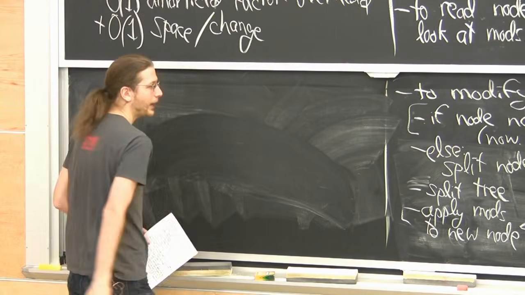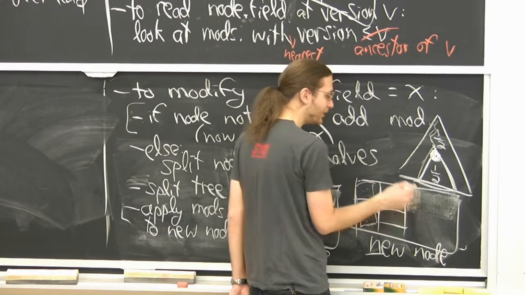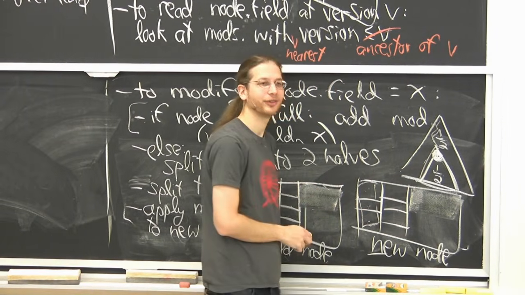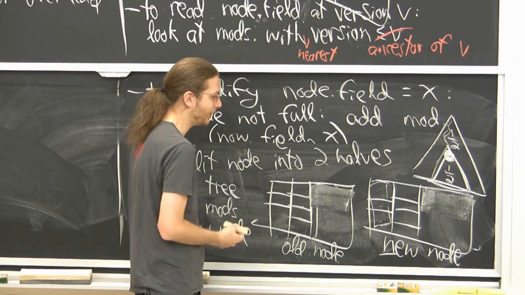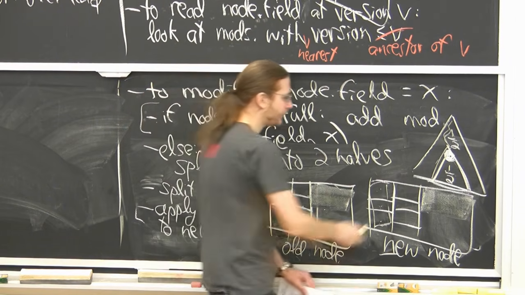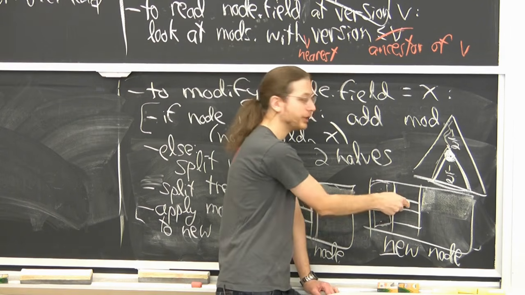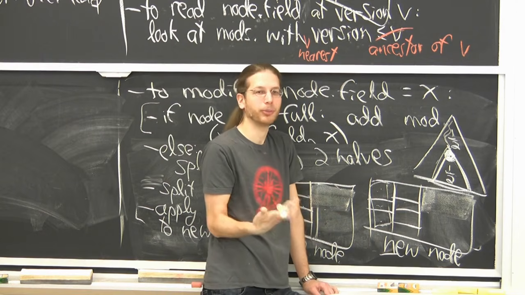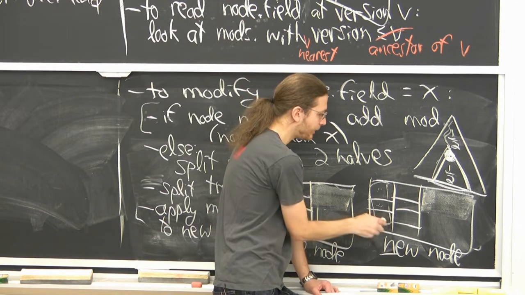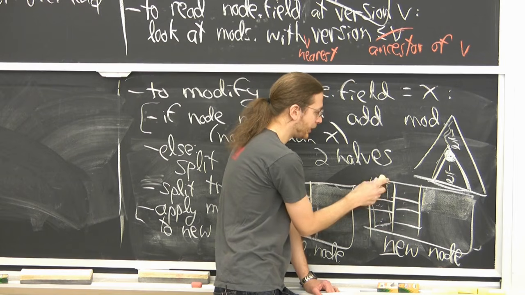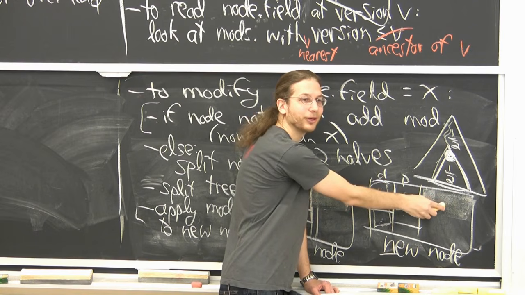Okay, so how many versions, how many pointers could there be to this node that need to change? That's the tricky part in this analysis. Think about it for a while. If you think about this, in this new node, whatever is pointed to by either here or here in the new node also has a return pointer. All pointers are bidirectional, so we don't really care about whether they're forward or backward. How many pointers are there here? Well, there's D here and there's P here, but then there's also some additional pointers represented over here.